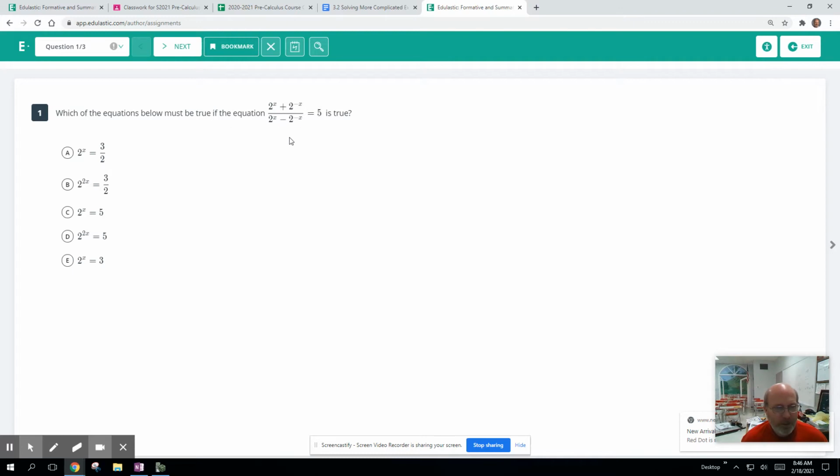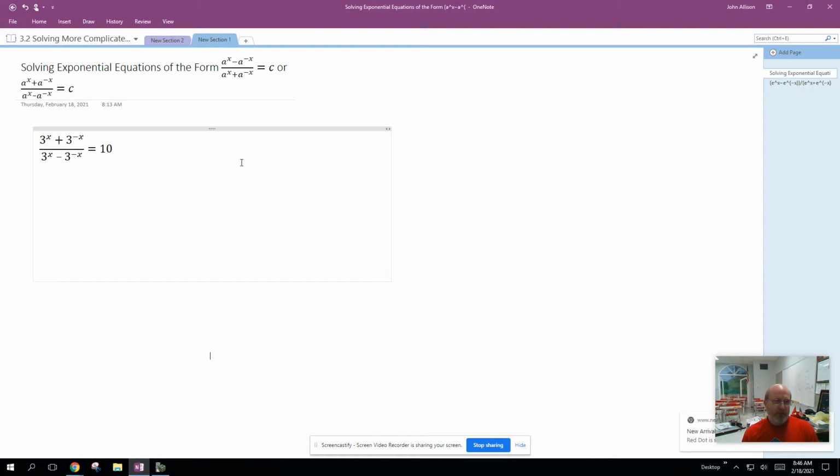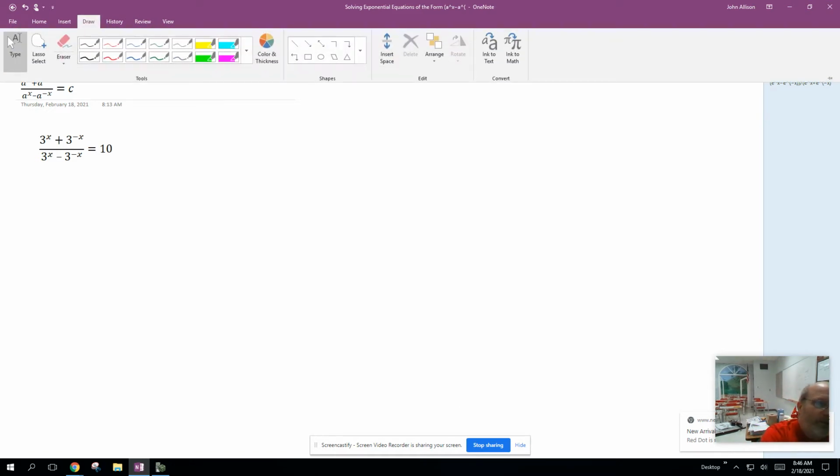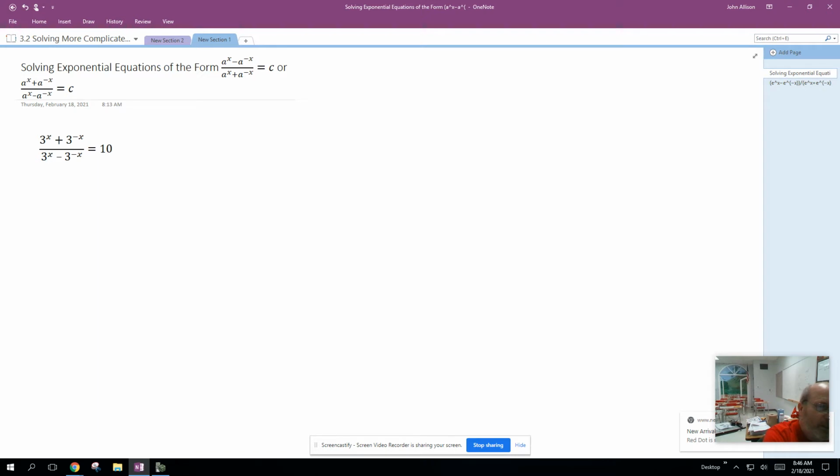And now we're not going to have enough to find the exact solution algebraically yet, but we will be able to reduce it to an equation such as these that has to be true. So let's take a look and let's solve one. An example like this, we're going to use some properties of fractions that say when you multiply a fraction by its denominator, you cancel the denominators. So if we multiply both sides of this equation by the denominator of the fraction on the left, 3 to the x minus 3 to the negative x,